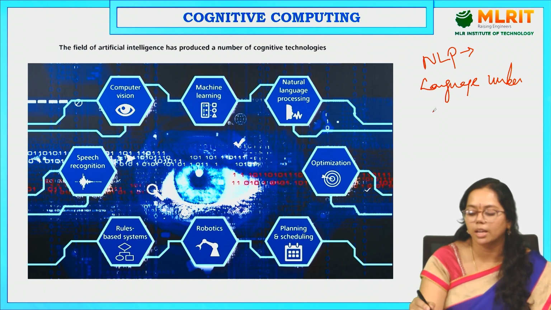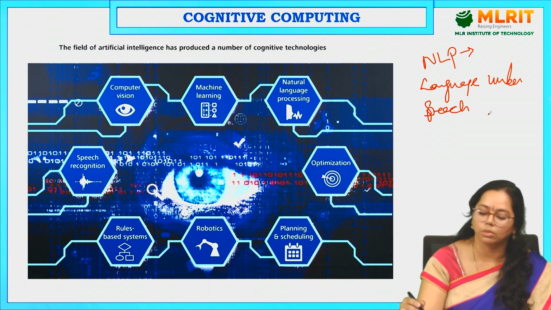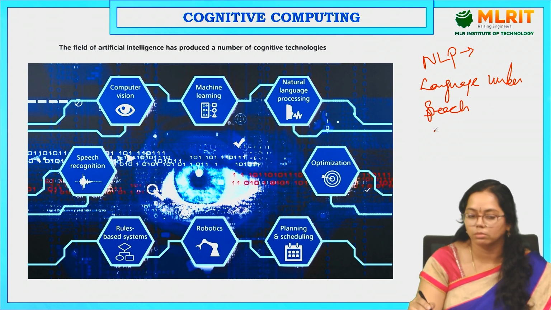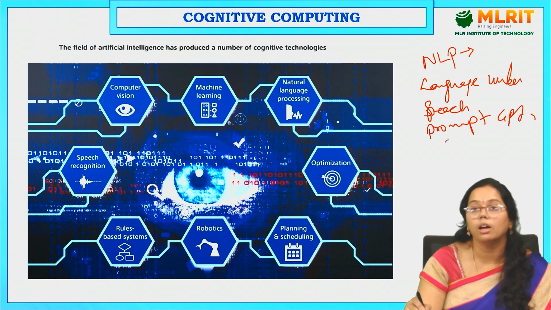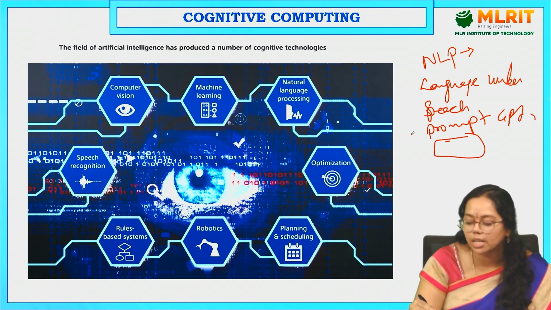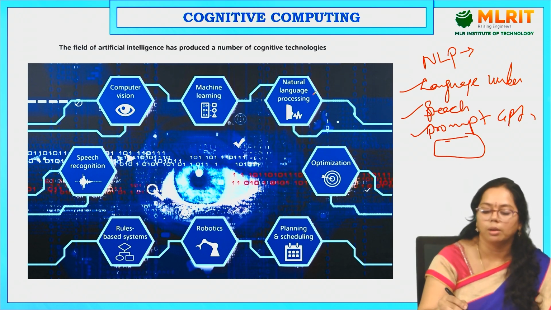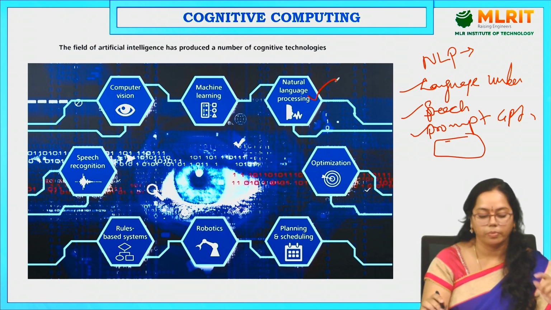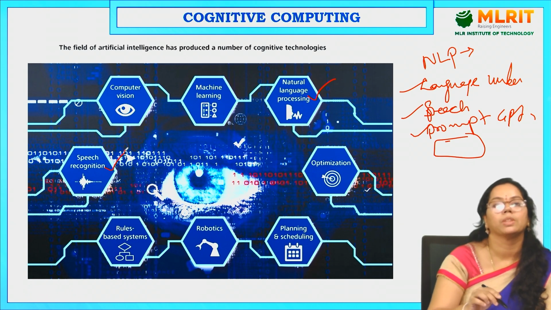That is, you are giving a speech, like we give a prompt to ChatGPT and we ask for a result. So this kind of application, this kind of feature is seen in NLP, right? Again, we have speech recognition here,